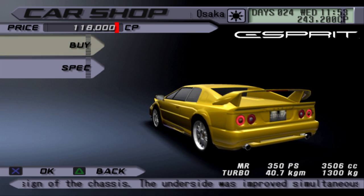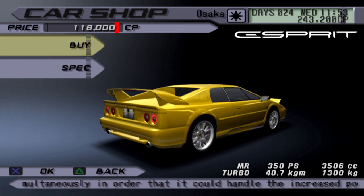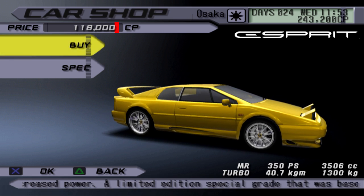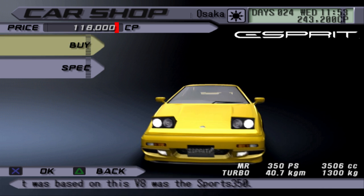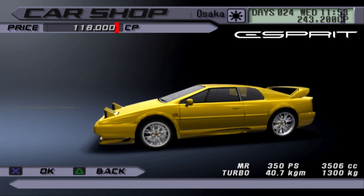Yes, the chassis. The underside was improved simultaneously in order that it could handle the increased power. A limited edition special grade that was based on this V8 was the Sports 350. These descriptions, man, they just,